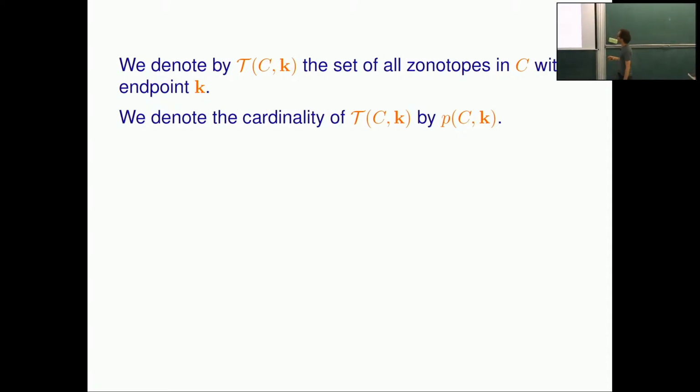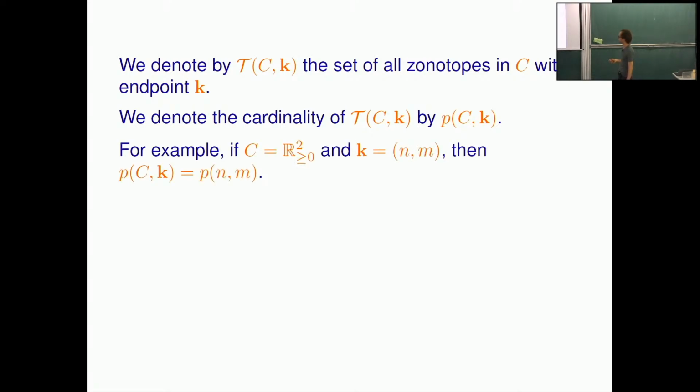So let's denote by T of C comma K the set of zonotopes in a given convex pointed cone C with a given endpoint K. And P of C K is the number of such zonotopes. For example, if we take C to be the positive orthant in the plane and K to be the point N, M, then the P of C K in this case is exactly the number of convex lattice chains connecting 0, 0 to N comma